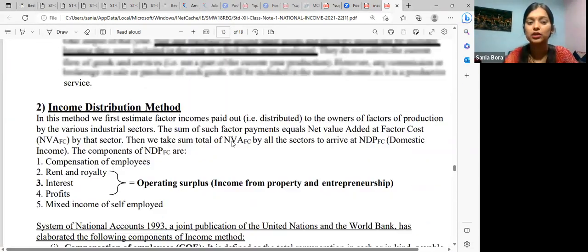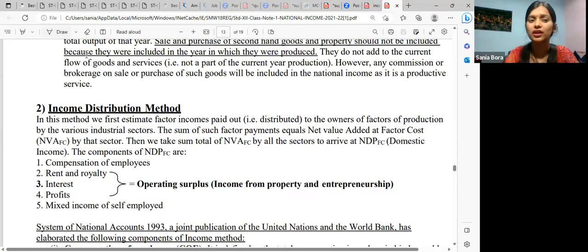Okay, now this is income method. Very, very important and very easy one. In this method, we first estimate the factor income paid that is distributed. Income means, for example, you earn the profit, you will be giving the benefit to others as well. So first of all, you should know what the factor incomes are, from where you are getting the money,